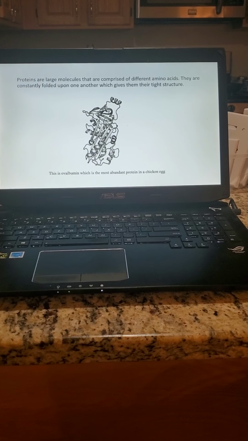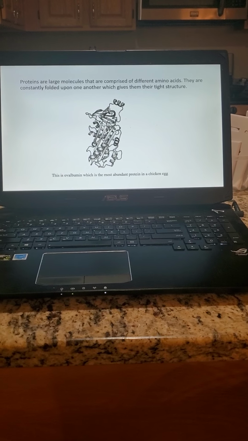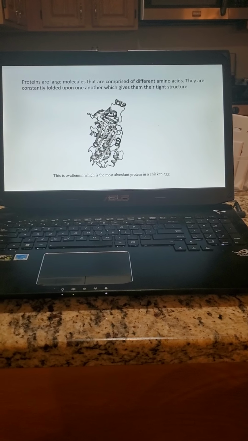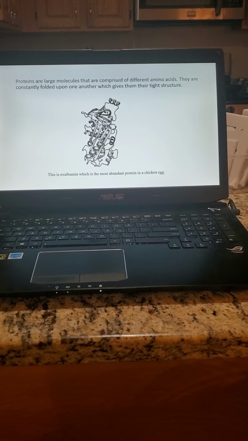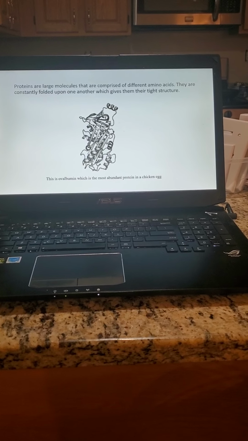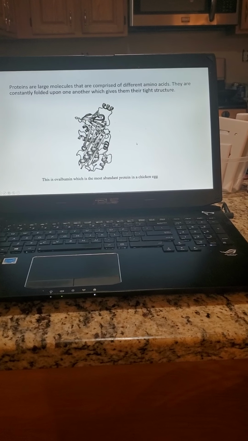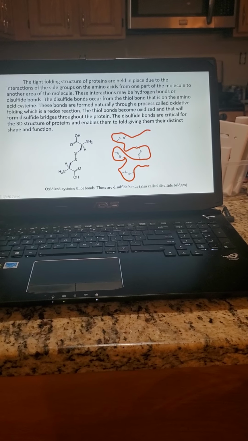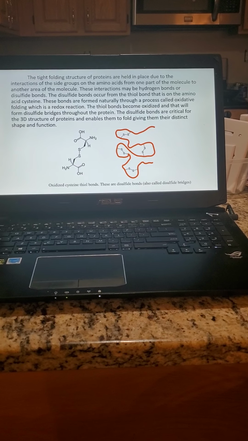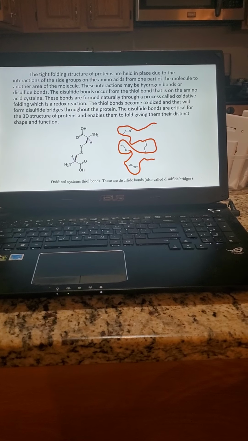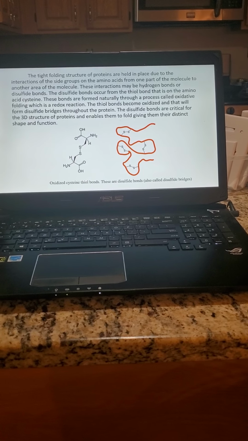And it's kind of a whole bunch of stuff going on. And a lot of that is because it's very compact and there's a lot of folding that is occurring. If you were to straighten it out, it'd be very, very long. So one of the reasons why proteins look like that and have such a tight folding appearance is because